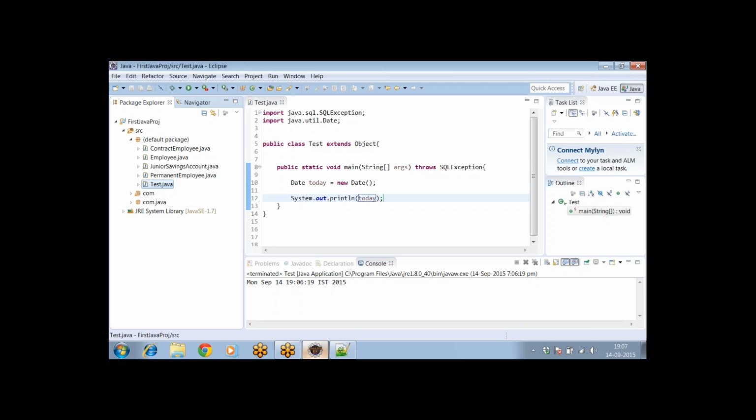In this case, we have to format the date according to our requirements. In which format you want to display the date, in that format we can convert the date into that particular format. So in order to format dates, we have